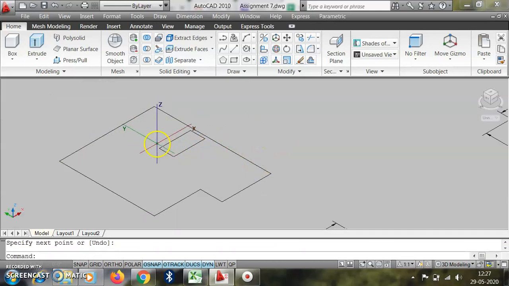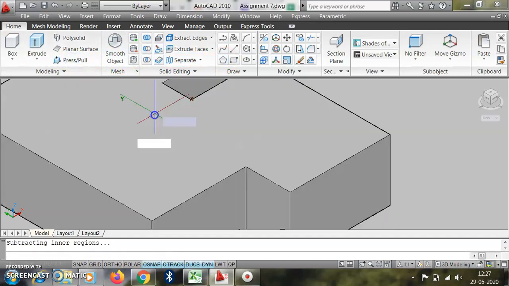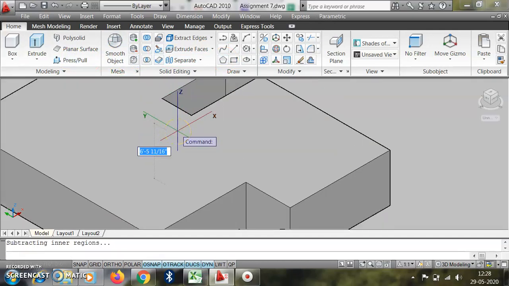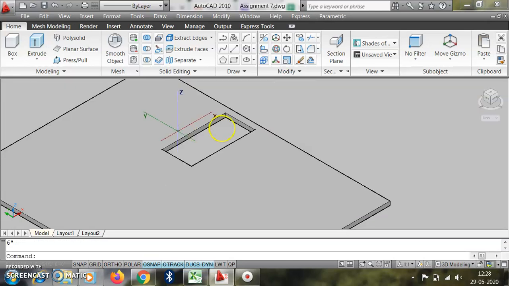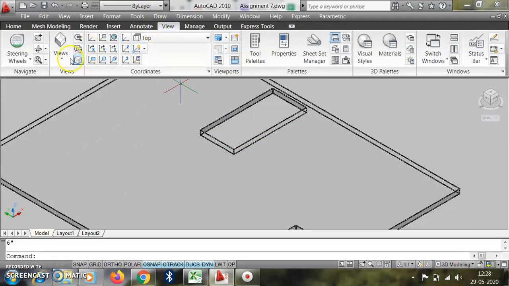Enter. Then with the help of the press pull command we take this portion as a press pull, and this is the height of 6 inch. Enter. So we get this portion open.